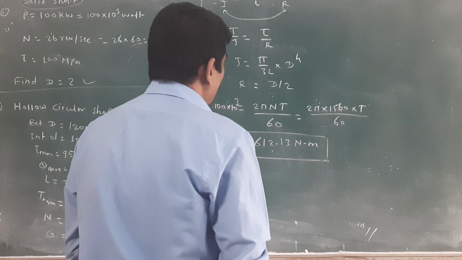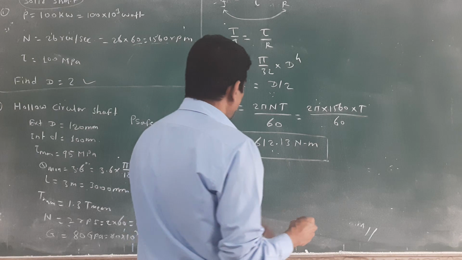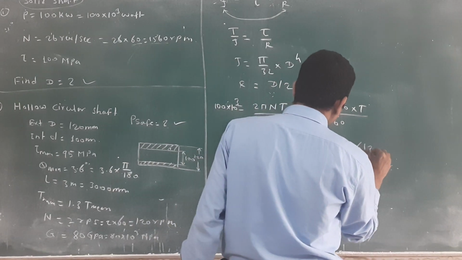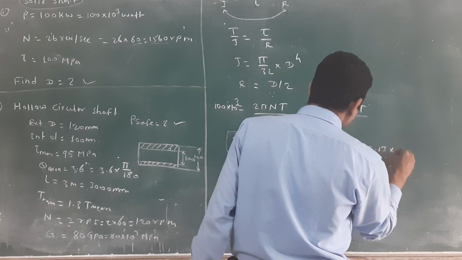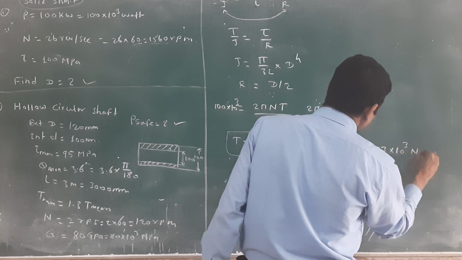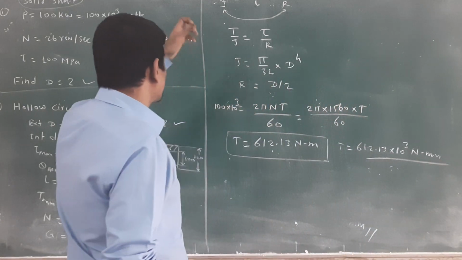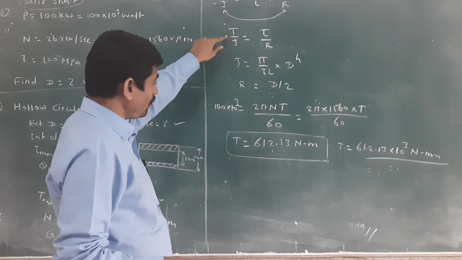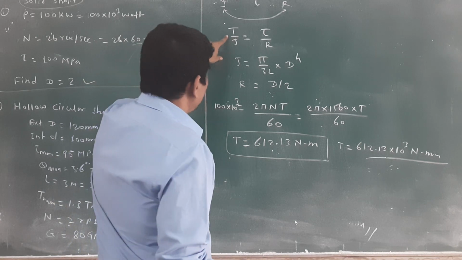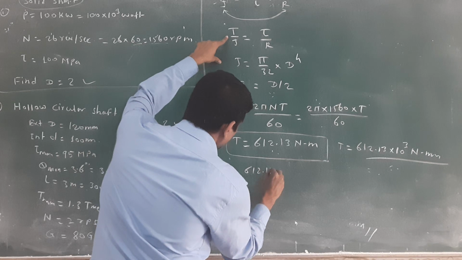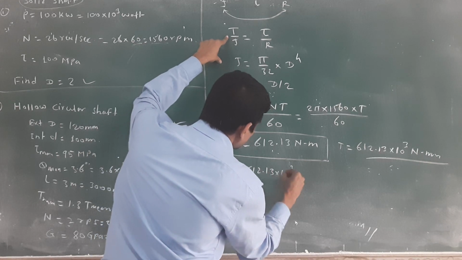612.13 Newton meter. How to convert it to mm? Suppose we want to convert it to mm, then multiply by what? Yes, correct, 10 raised to 3. Newton mm. Then put this value in the equation. In this equation, we know that T is equal to what? 612.13 into 10 raised to 3